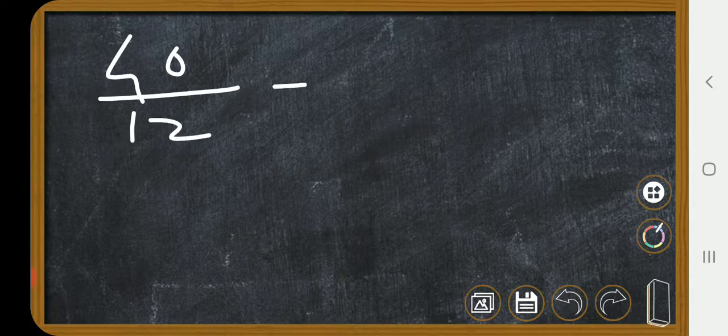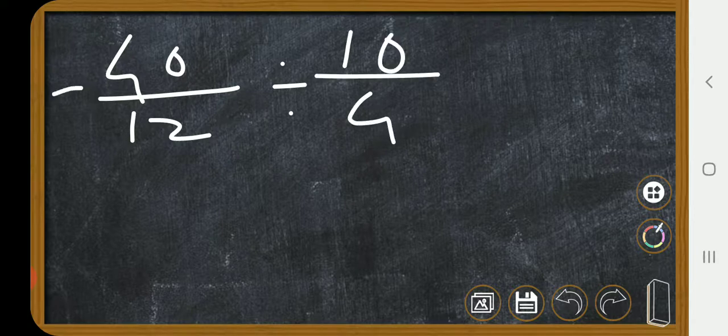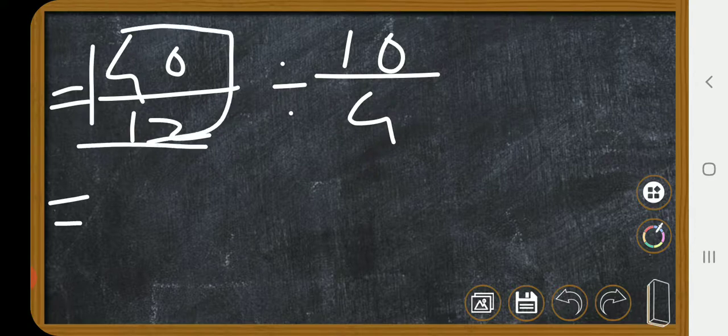Now how to do the division of rational numbers. Might be you have learned this in the 6th standard, then this will be easy for you. So what to do, you will keep this first one as it is, 40 by 12,